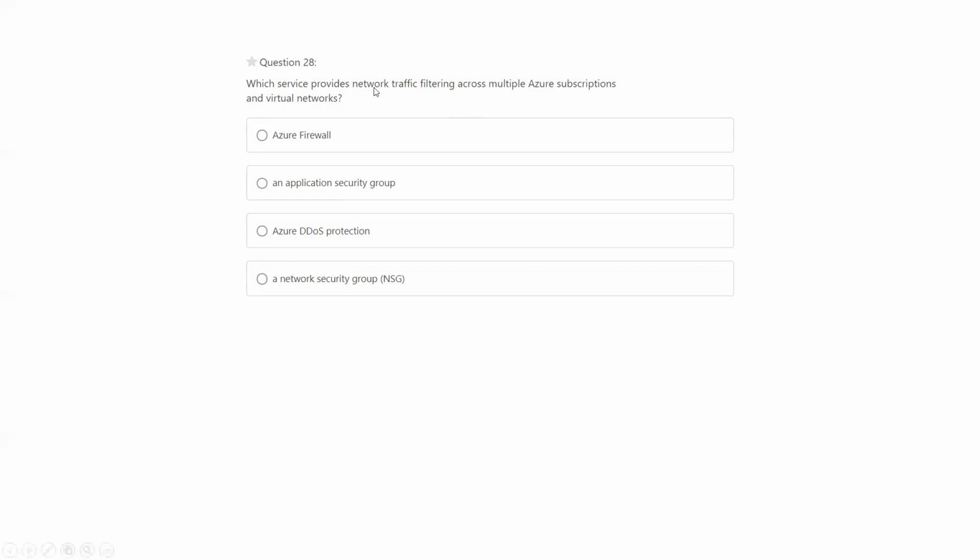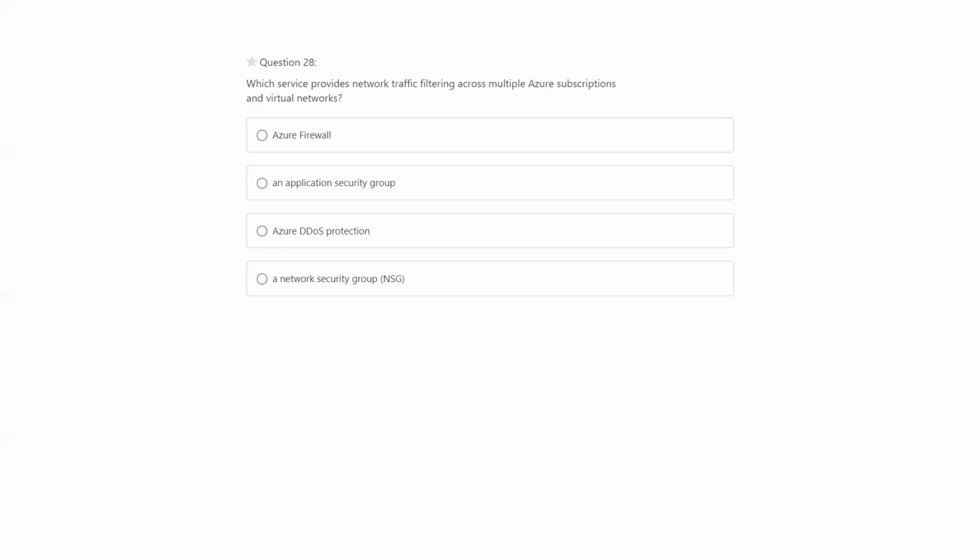So the question is on across the subscriptions. And application security group is if you are looking for filtering the traffic between groups of applications. So that's the place where the application security group comes into the picture.